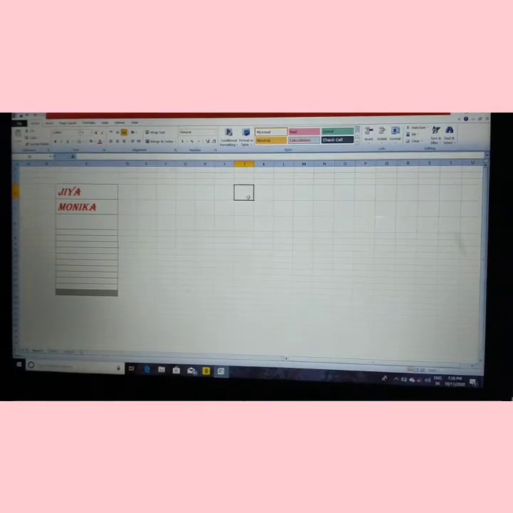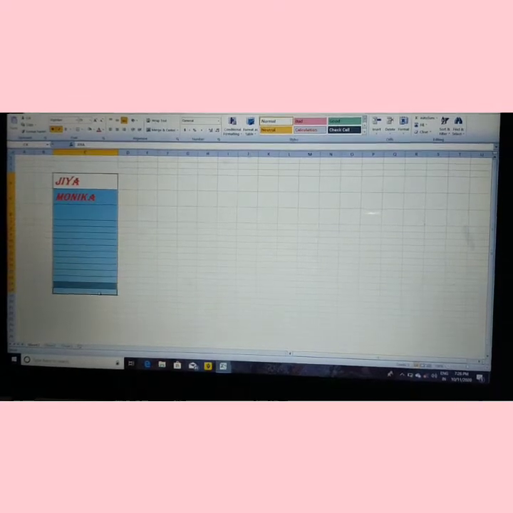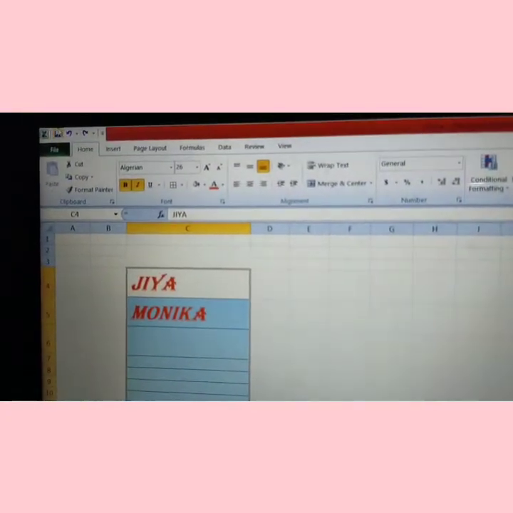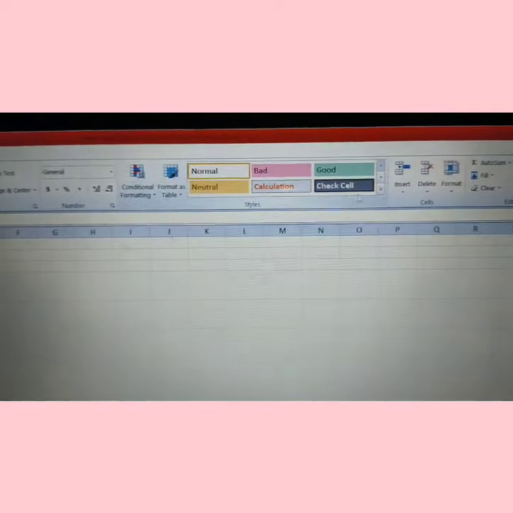Our next topic is hide or unhide of rows or columns. So for this, select the range of cells. Then again go to the Home tab, then click on Format option.